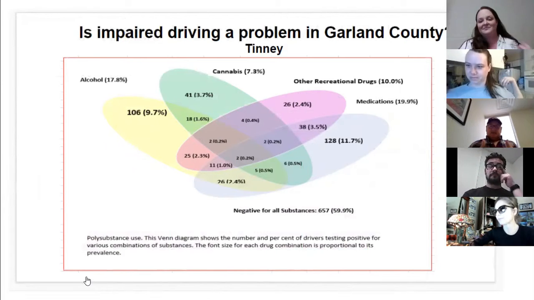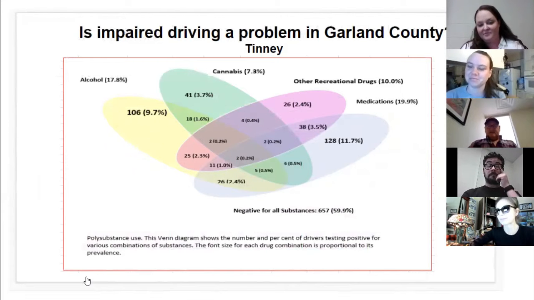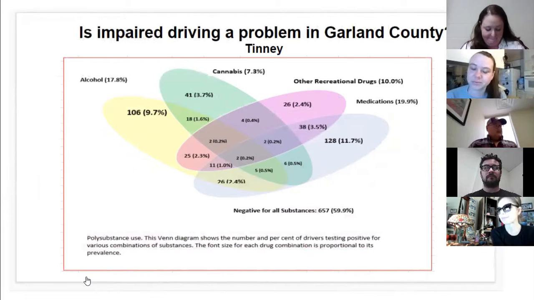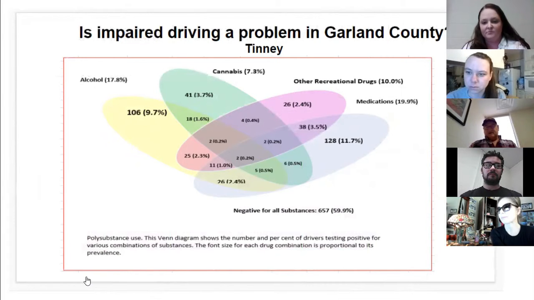I'm in the business of arresting people for driving, and this graph is spot on for the way things are with cannabis and alcohol and all the different other medications, the narcotic analgesics and everything else that people take. In Hot Springs, we're pretty lucky because we have a really good conviction ratio. I think we have about a 93% conviction ratio, 93 to 95, and that's unheard of, because when we arrest someone, we have a good case, we write up good reports and everything else. In our cases, I'm a drug recognition expert, and this